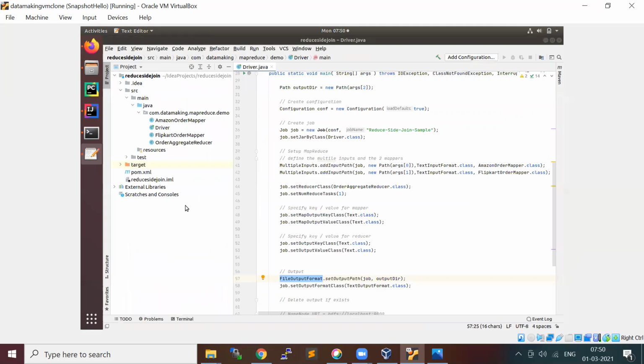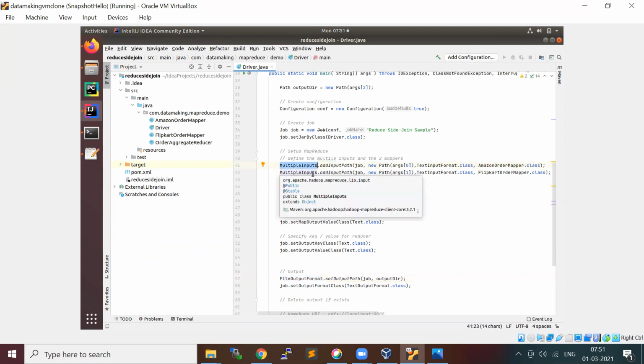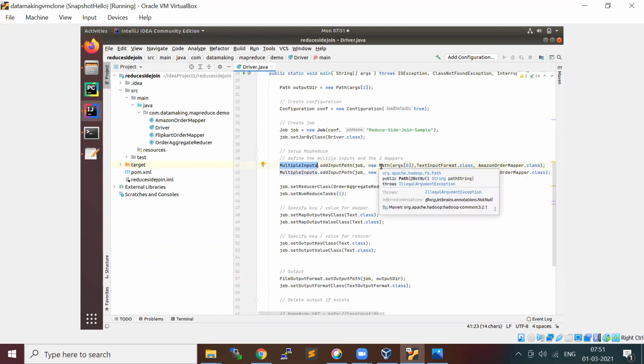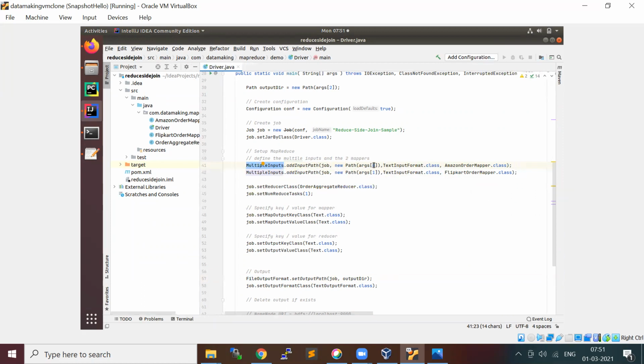Here there's a little change because we want to handle both data sets separately. MapReduce gives a MultipleInputs class where you can specify one data set, which is my data set from Amazon. Orders or sales from Amazon is a separate mapper I'm going to run, right? So for that, you can use a class called MultipleInputs and pass your first input, which is your Amazon data set. And the file format is also TextInputFormat.